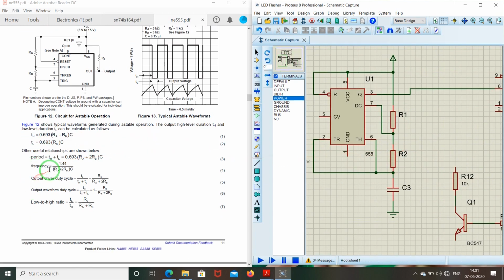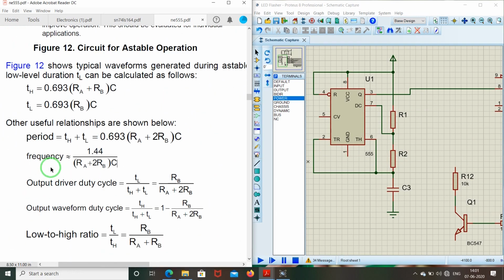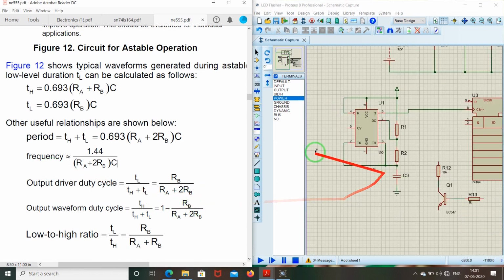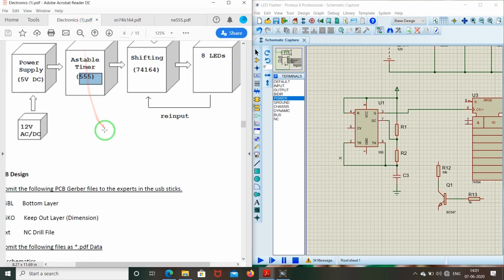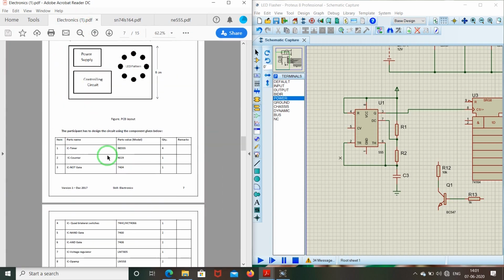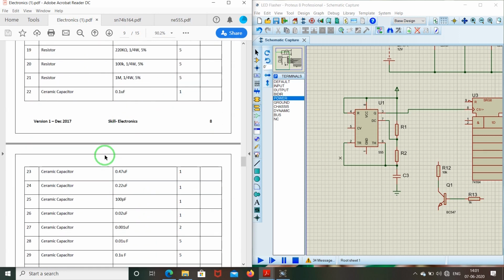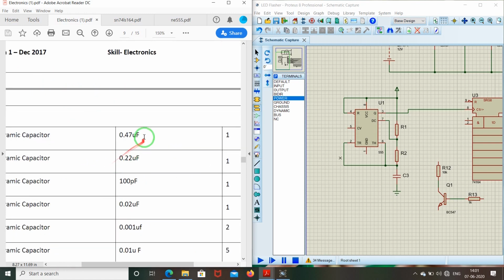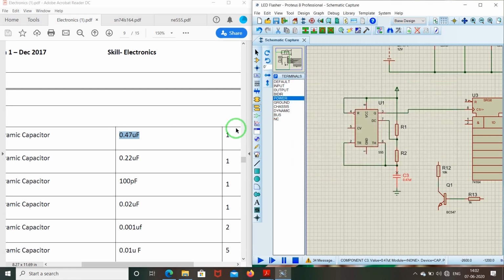The formula for frequency calculation is given here, which is 1.44 divided by (RA plus 2RB) times C. We have to calculate the values of C and R here. I'll go to the test project and find which resistances and capacitors will be used. First choose the capacitor. I will choose 0.47 microfarad, 0.47 microfarad, and